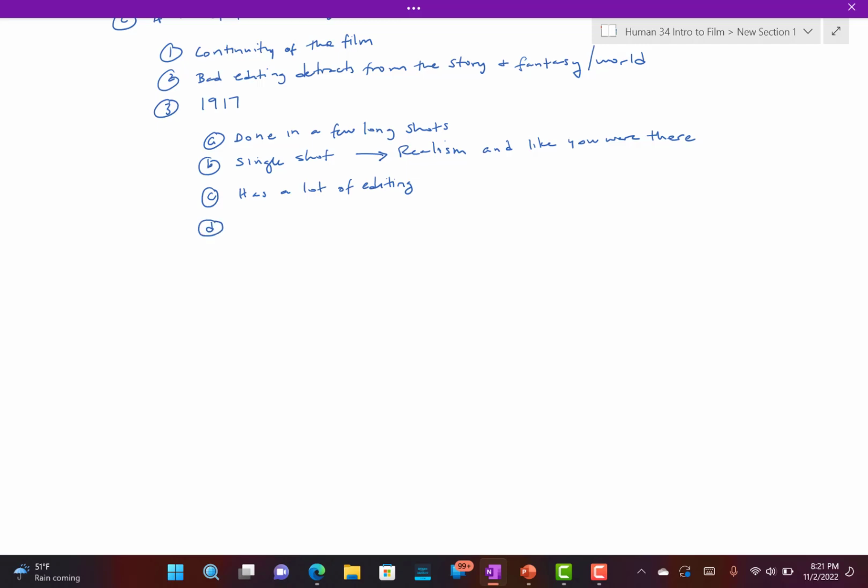And the reason for this, I think it's a good point, is that even when films are touting these kind of longer shots, well, they may be longer shots than the average film, they often have a lot of editing still in them. They shot this film in a very interesting way and then edited it in a very interesting way. What they wanted was for it to look like it was all done in a few shots, to create a sense of lack of editing. That was the goal. And so it took 3 months of